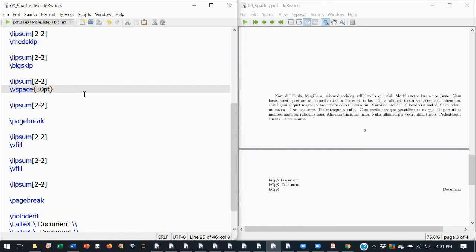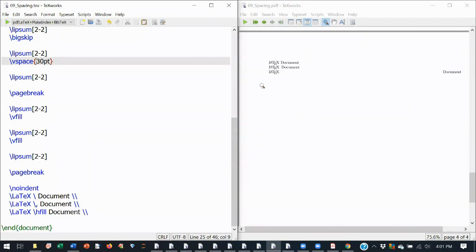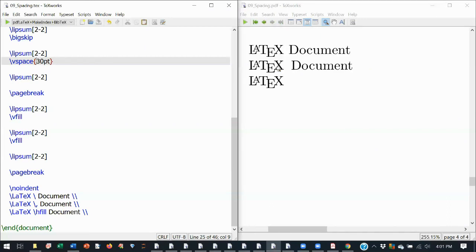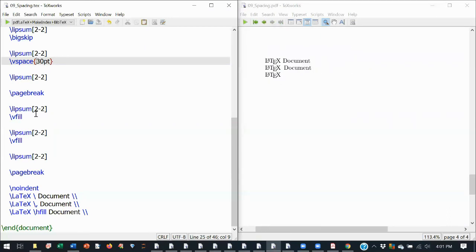So you have this document. You see this command. In LaTeX, if you put a slash, it will give a space. If you put a slash and a comma, it will do the same thing.